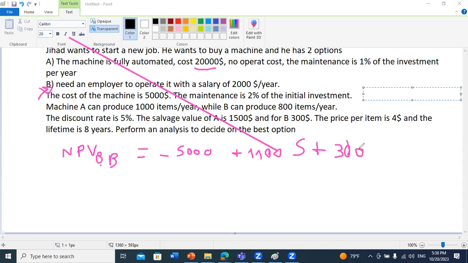Of course, even if NPV is smaller here, it's not a problem, because what we care for is the CER. Pay attention to this. So the net present value here is 2,308, but this doesn't mean that option A is better at all, because the investment is much smaller in this option. So for B, it's true that we have